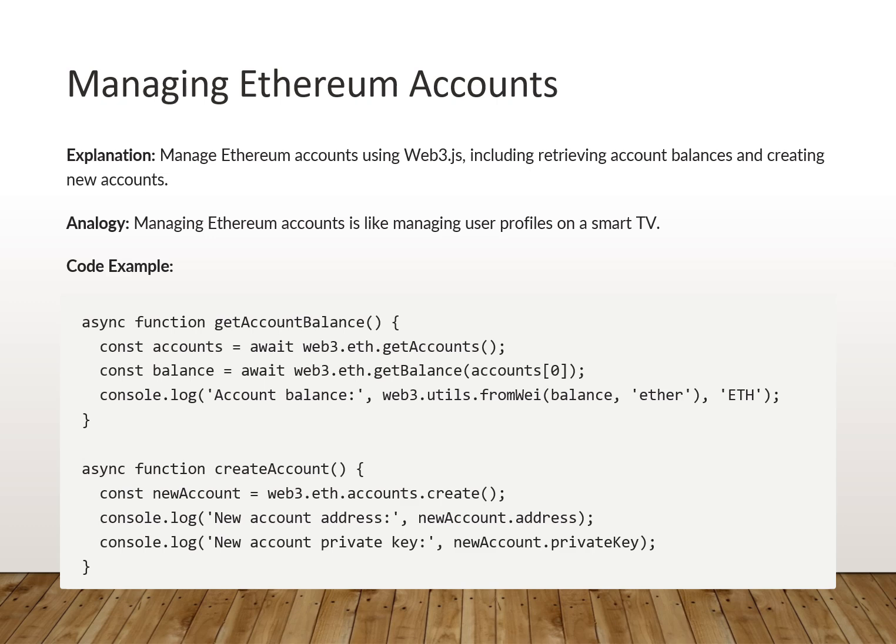new account. The first asynchronous function, which gets the account balance, retrieves a list of all available accounts. Then it gets the balance of the first account in Wei. Wei is spelled W-E-I. It has the value 10 to the power minus 18 Ether. So it gets the balance of the first account in Wei, converts the balance from Wei to Ether and logs